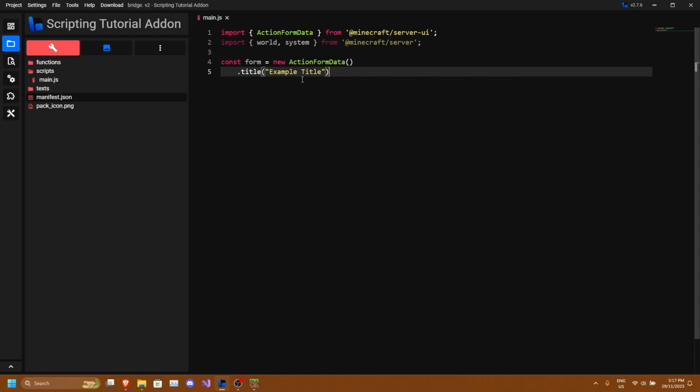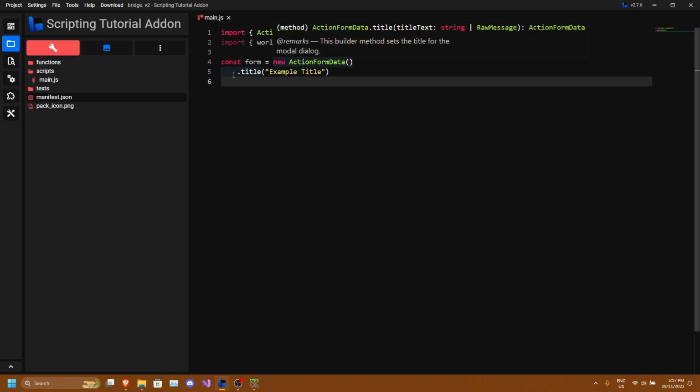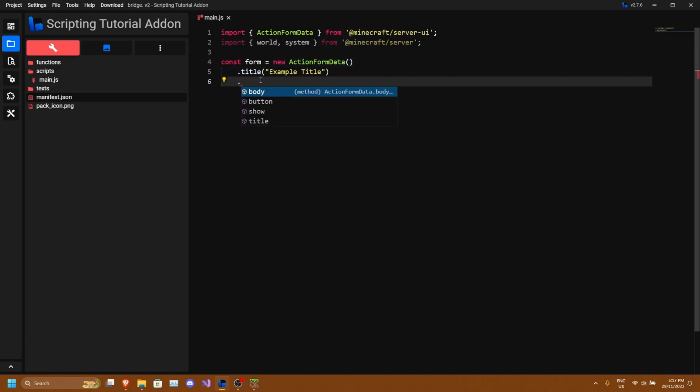Next, we need to add a button. Now, the thing with action form data is you need to fill them in with buttons. If you do not fill them in with a single button, then the entire show function will error out and will most likely pretty much crash your script. So all we need to do is just on the next line down, we can just do dot button,